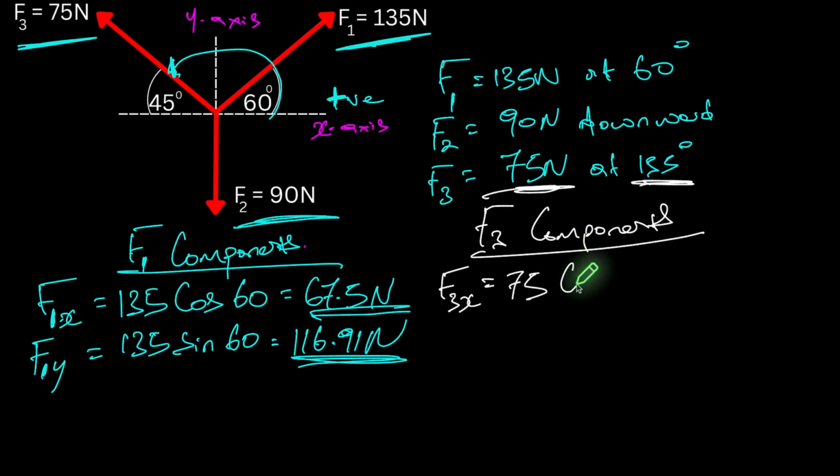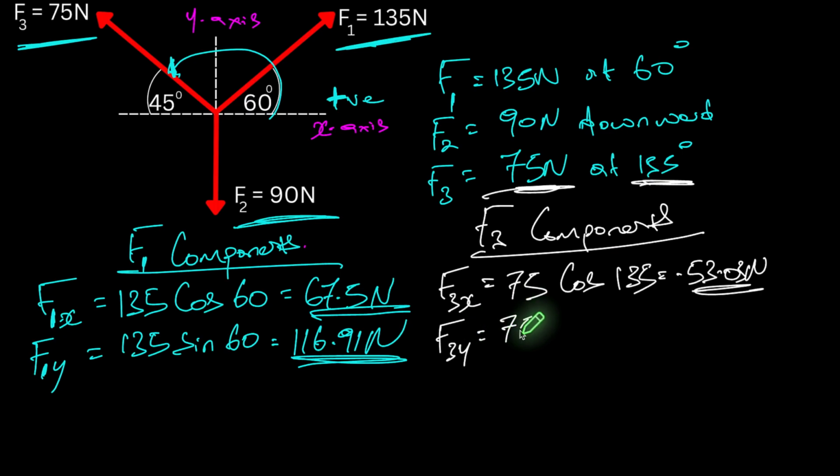So 75, and cos our angle, which is 135 degrees. And that gives us a force of negative 53.03 newtons. And we do the same thing but in the vertical direction. So F3y equals our 75 and sin 135 degrees. This gives us a positive